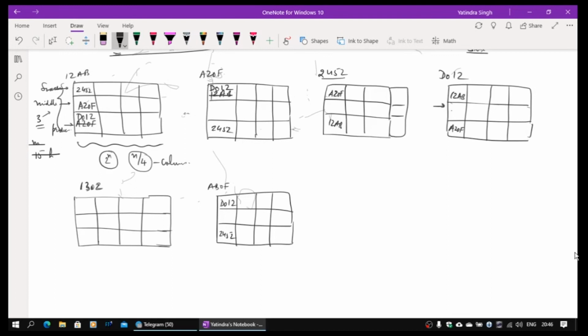When 1302 will come, 1302 will talk to 12AB. So interestingly, now for the first time the second row will be used. 12AB will become the predecessor. There is no successor, so it is going to be 12AB on both sides. Now for the first digit, anything with 2 will be handled, so 2452 can be maintained here. Anything lower on the side, whichever is the highest. There is no 0, so only A is there, and D is there, so D012 will come here, populating that entry.